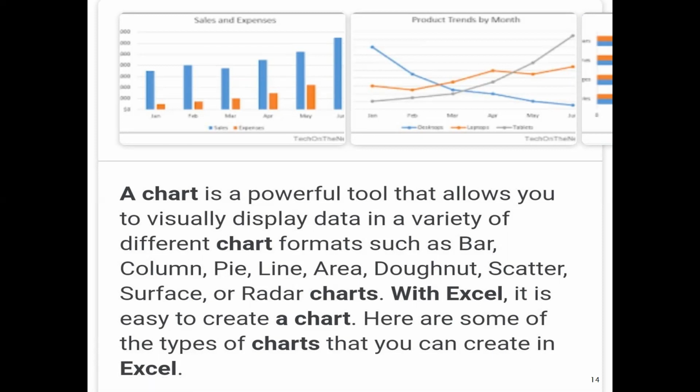So in that we have different states. So that becomes an area chart. Donut. Now you have seen the structure of a donut, so even the chart looks like that. Scatter will be having different points noted on it. Surface, like what is the surface of that particular item. Or radar charts. So these are the different types of chart present in Excel.